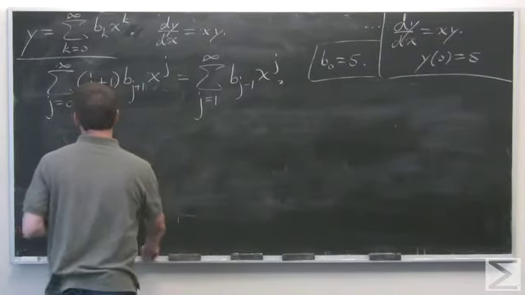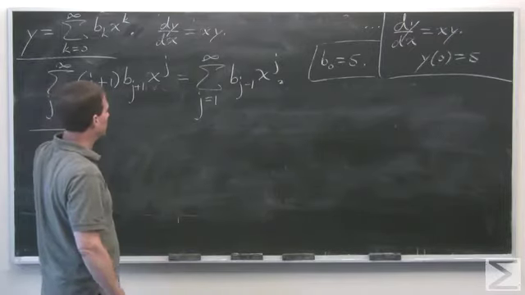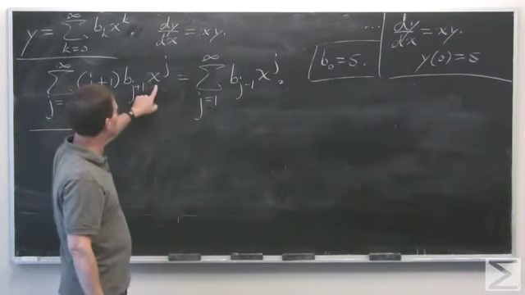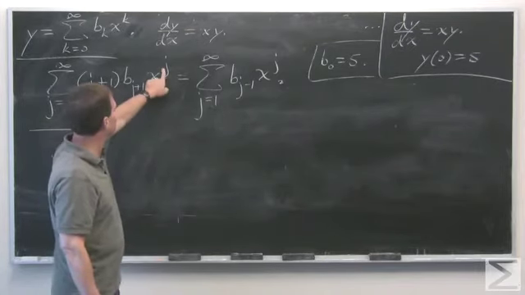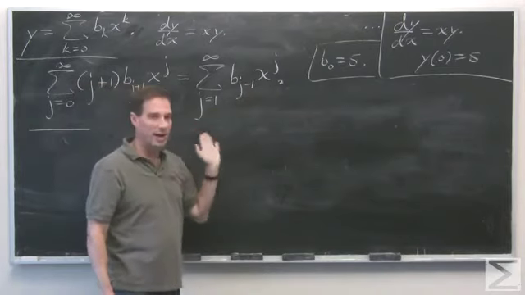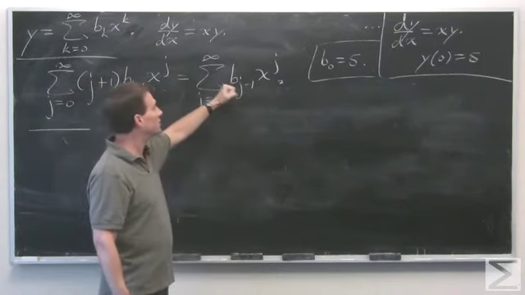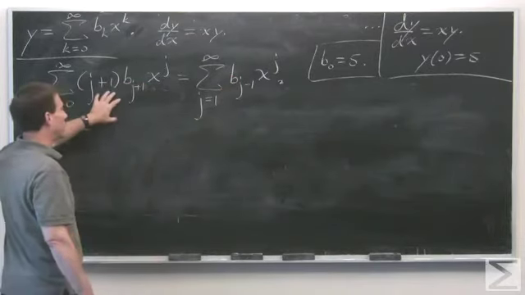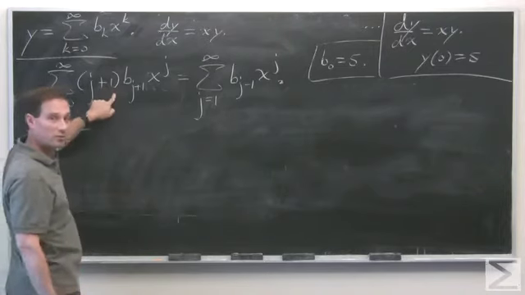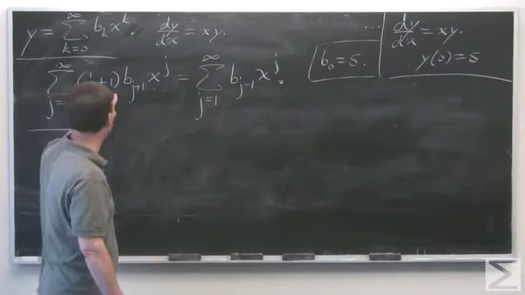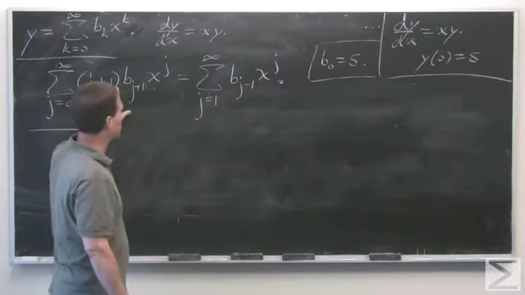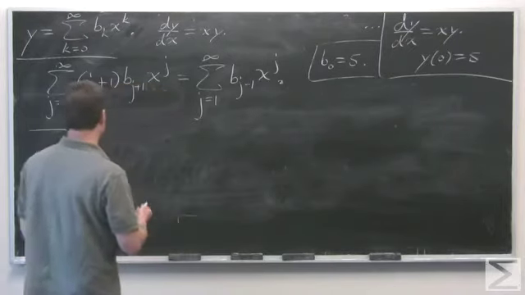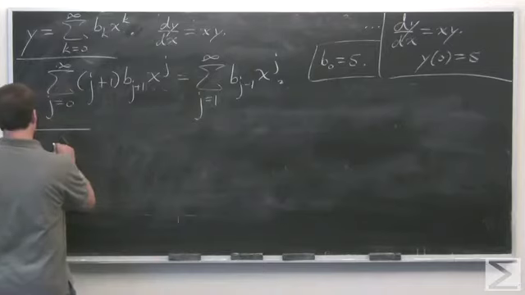Now, you should notice something immediately. This one starts at j equals 1, this one starts at j equals 0. So this one has a coefficient in front of x to the 0. This one doesn't even have an x to the 0 term. But think of it as 0 times an x to the 0 term. In other words, this one has no constant term. But that has to match what's over here. So the coefficient in front of the constant term on this side has to be 0, right? Because this side has a constant term, this side either doesn't have a constant term or its constant term is 0, which is a better way to think of it, which means when j is 0,